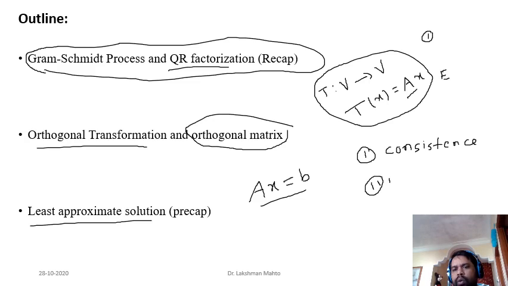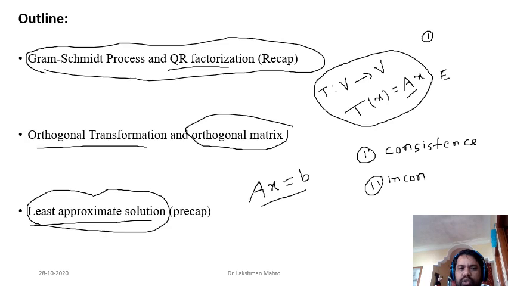But here, linear algebra is computational mathematics. Anyhow we have to compute a solution that would not be an exact solution, but an approximate solution. That approximate solution we will call the least approximate solution, and we can calculate it with the help of this orthogonal transformation, and it is part of this module. So when the system is inconsistent, we are looking for a least approximate solution. And the same problem, if you study in probability and statistics, we call regression. The name is changing, the problem is the same.